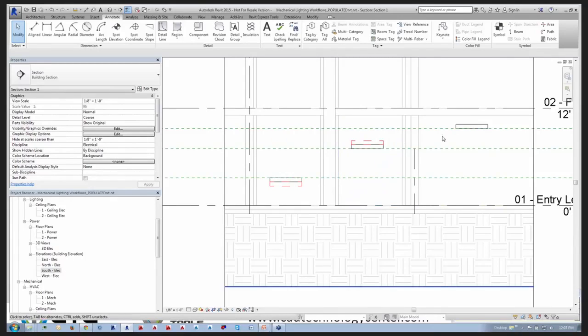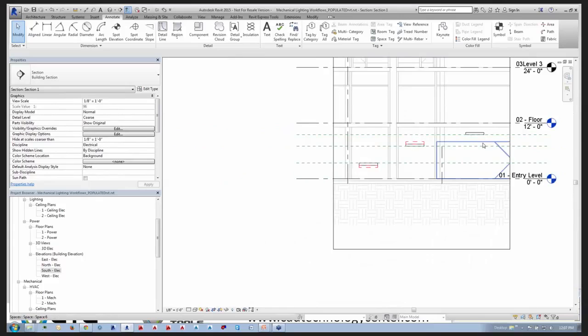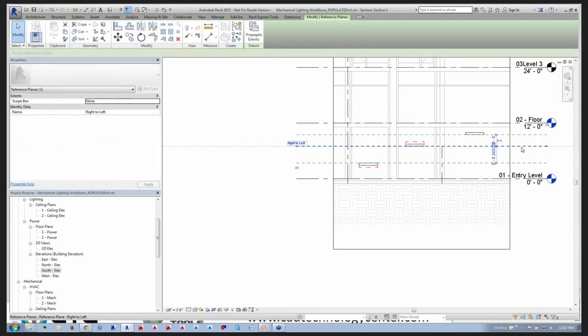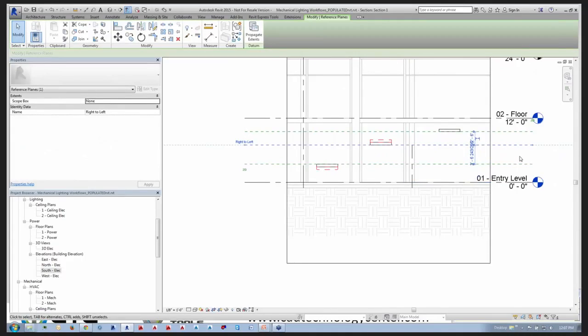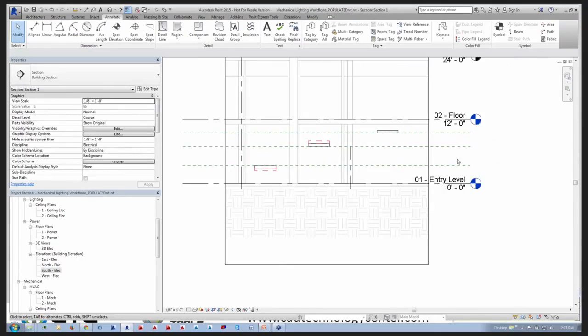Hopefully your family content has been built in a consistent manner so that if you place your reference planes consistently, you can expect consistent results out of those light fixtures. So in this case, we would want to make sure that all of our reference planes were placed right to left. Now, one other thing I want to show you with these ceiling light fixture reference planes is